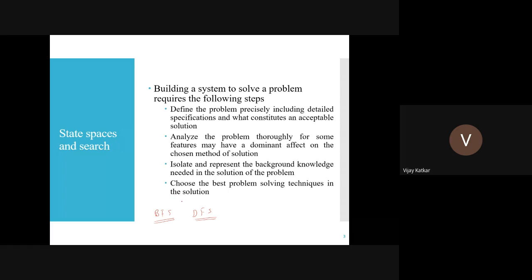So these are not the only 2 methods. I was just talking about the example of a water jug problem. In the water jug problem, there are 2 solutions. So let's say you define the problem, you define the acceptable solution, then you analyze it and you come up with the knowledge that either you can solve it using breadth first search or depth first search. And in the next step, you will select which one should be used. So I was just giving the example, nothing else.